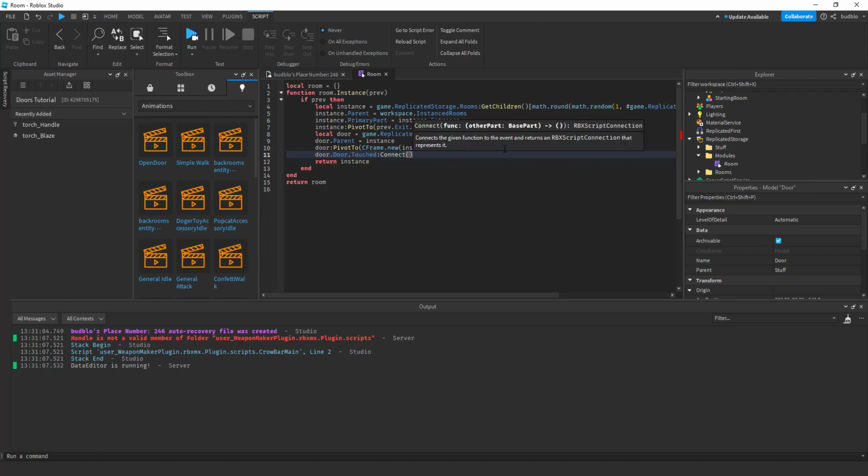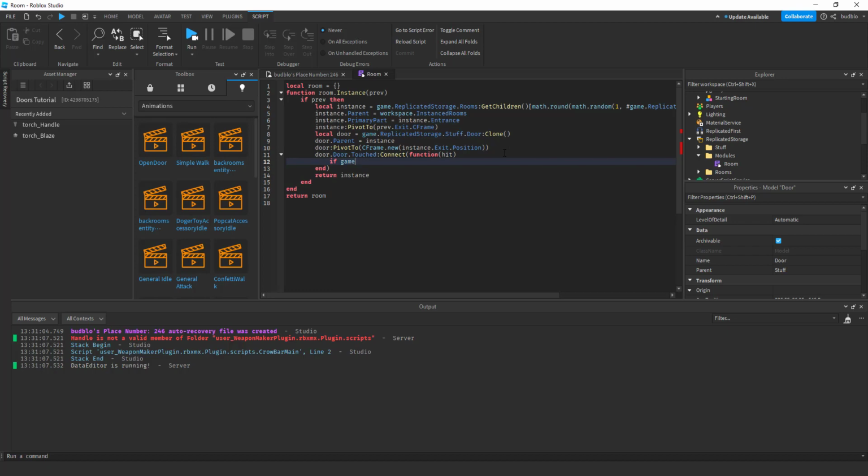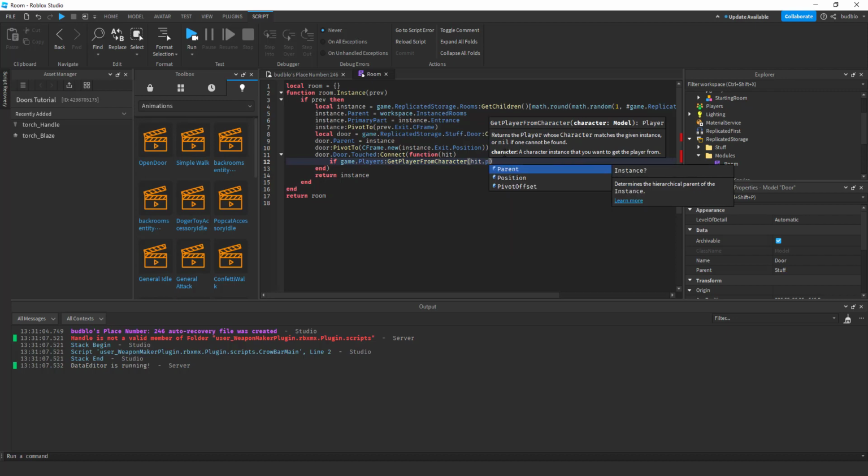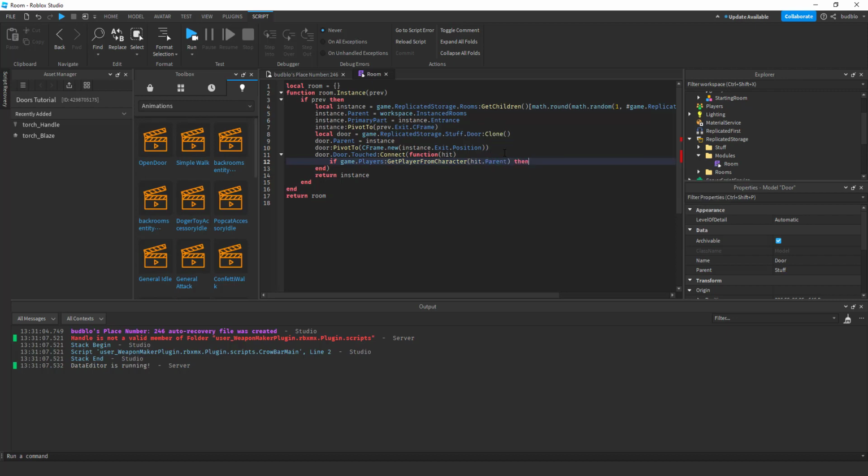Then where's a Touched connect function? Hit, if game.Players get player from character hit.Parent, then